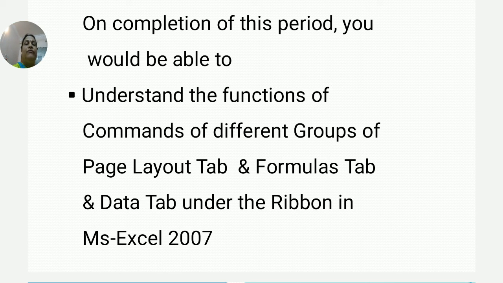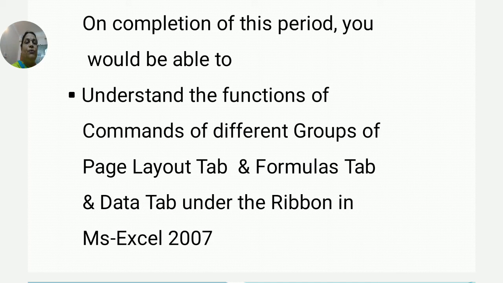And we have seen in the first class what the uses and applications of MS Excel are, how to open the MS Excel application, what the parts of the Excel window are, and the functions of each part.